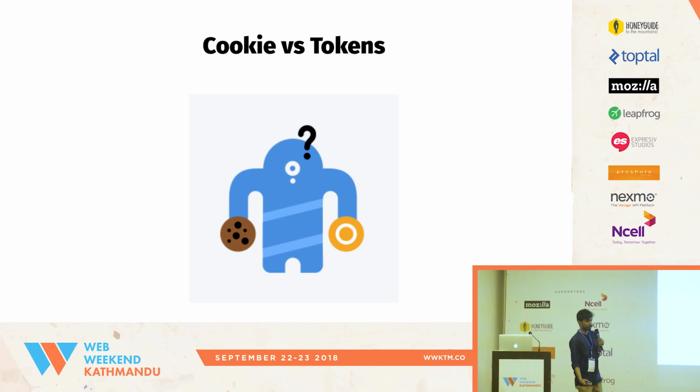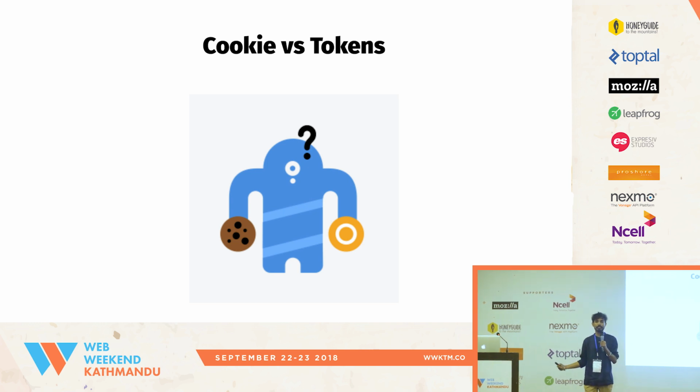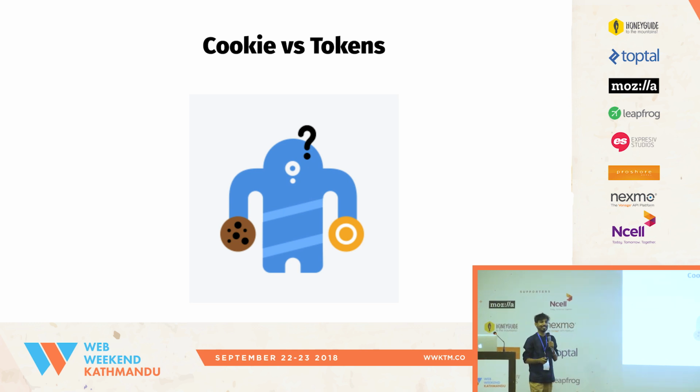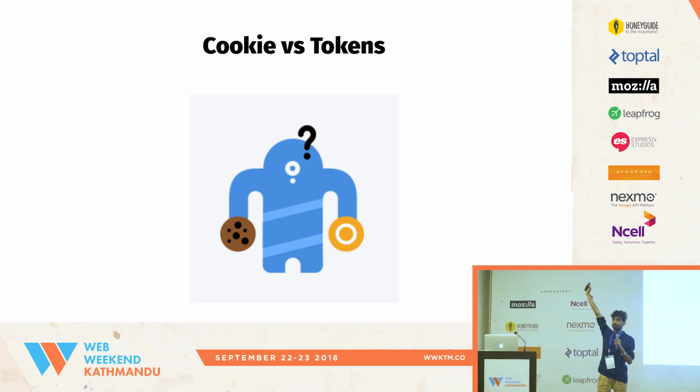Before moving to security, there are two methods to secure your APIs. I hope you understand what an API is. An API is an interface for connecting multiple things. How many of you know about cookies? And tokens, maybe if you go to casinos, you have tokens.